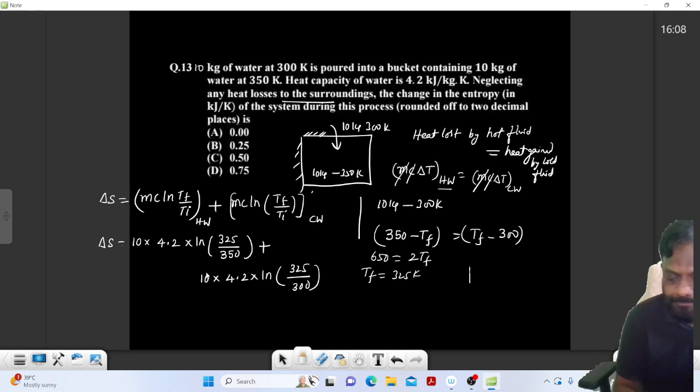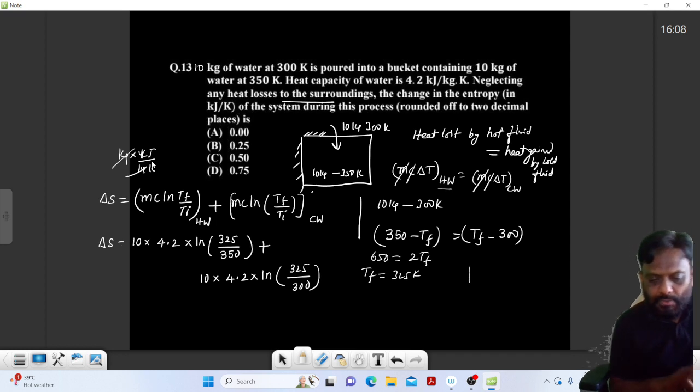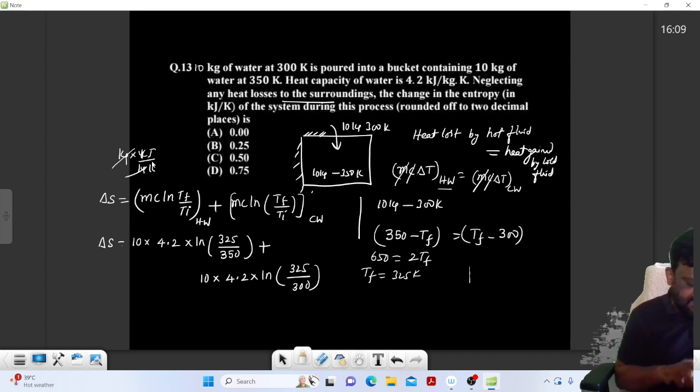Let us check the unit. ln has no unit. So mc, whatever unit you have for mc, same. M is in kg. Specific heat is kilojoule per kg Kelvin. So kg is gone, kilojoule per Kelvin. If you are calculating, I think you are getting this as ln 325 by 350